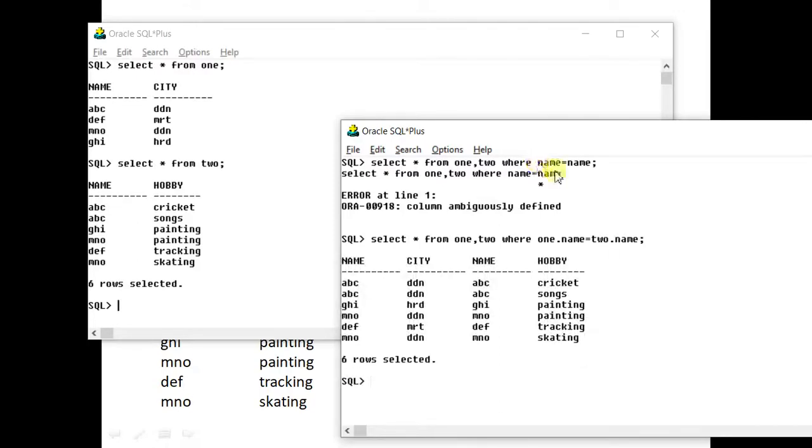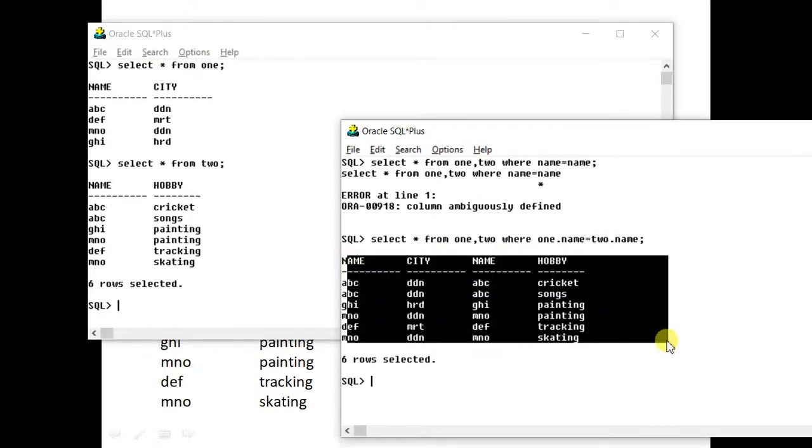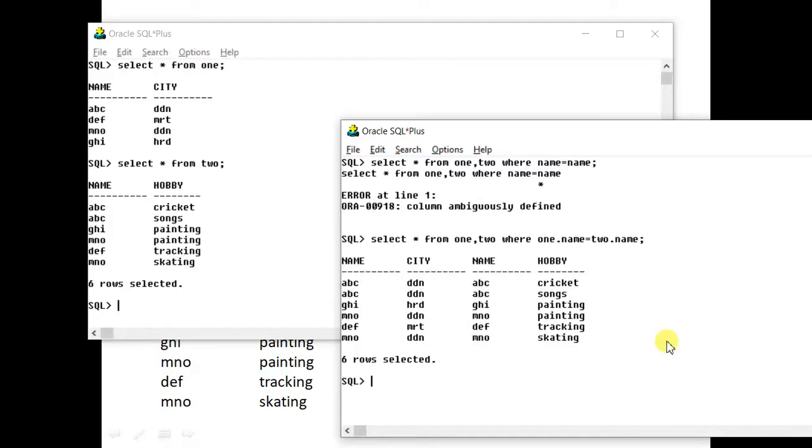Now you can see, very important concept. The output has come as a single table. So instead of seeing data from two tables, we now see it from a single table. ABC Dehradun has a hobby of cricket, ABC Dehradun has a hobby of songs, GHI has a hobby of